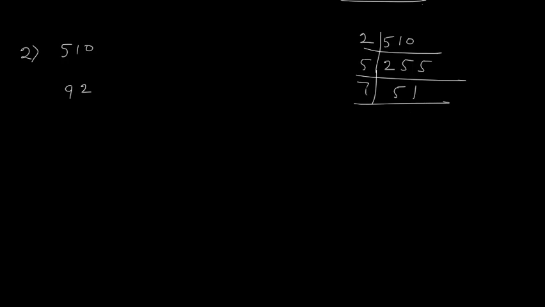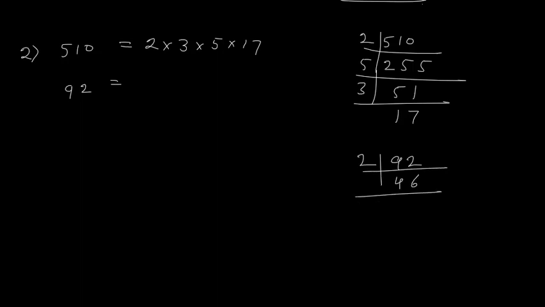5 plus 1 is 6, so with 3 I can divide. 3 1s are 3, 3 2s are 6, 3 7s are 21, 3 17s are 51. So this 510 I can write as 2 into 3 into 5 into 17. Now 92: dividing by 2, 2 4s are 8, 2 6s are 12, then